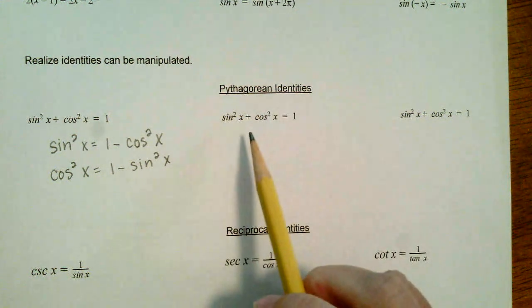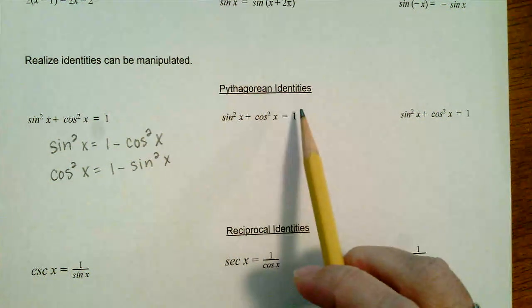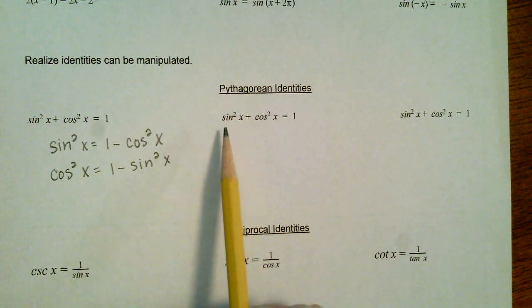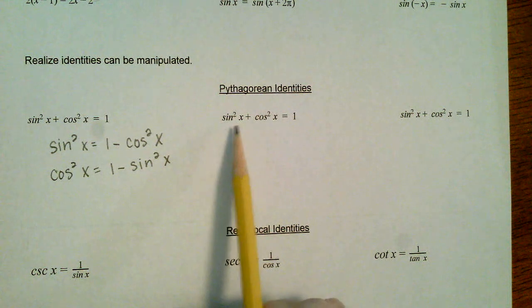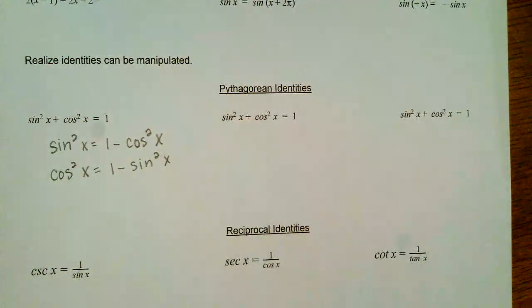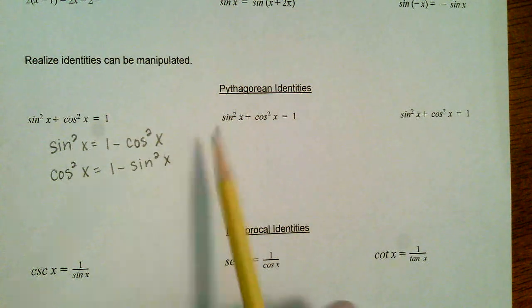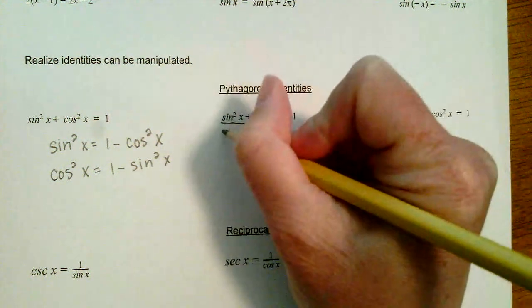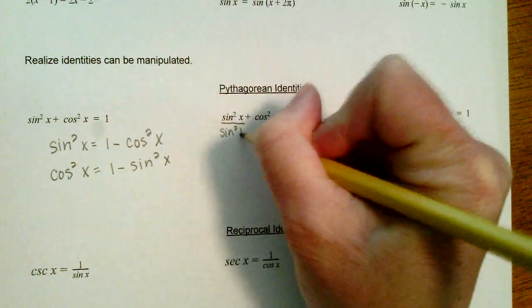I can never remember the Pythagorean identities that involve tangent and secant and cotangent and cosecant. I never, ever, ever have got them to stick in my head. So what I do, when I'm on a quiz or a test or whenever I need to use them, is start with my Pythagorean identity and think, okay, if I divide everything by sine squared,